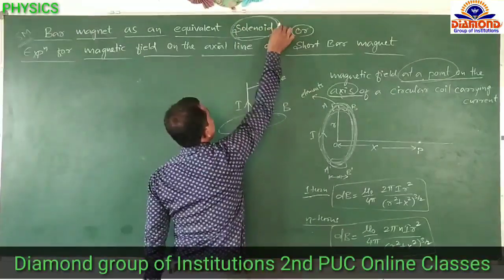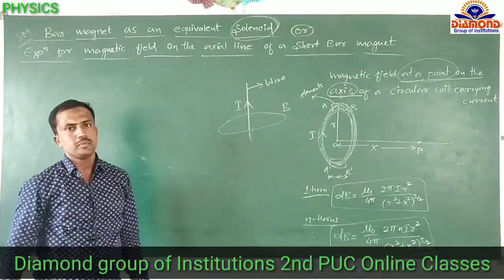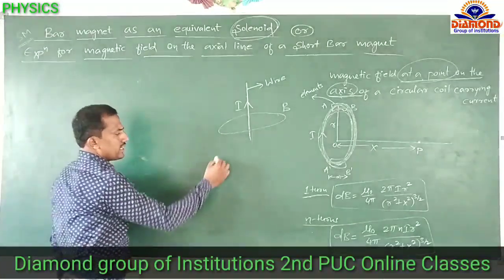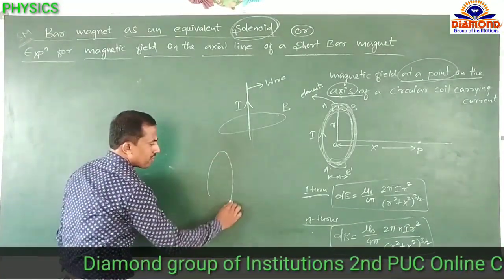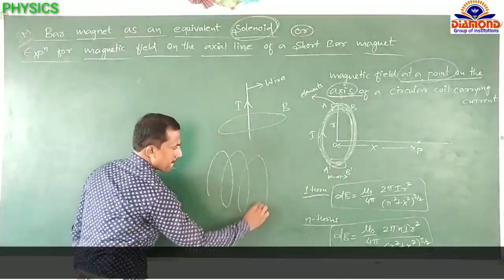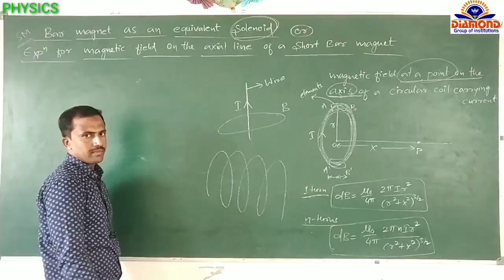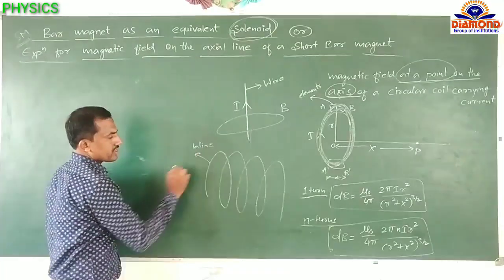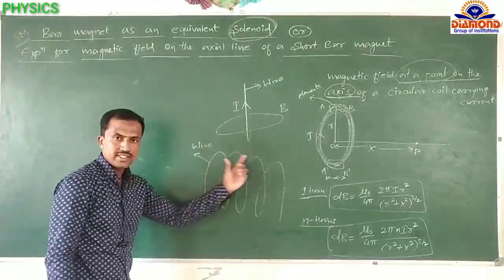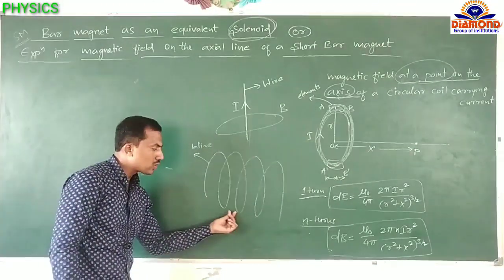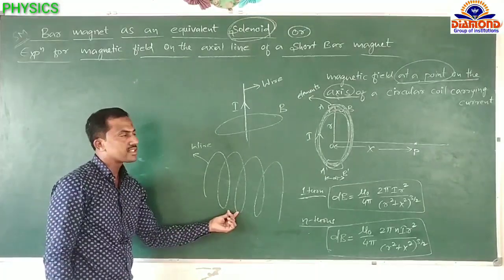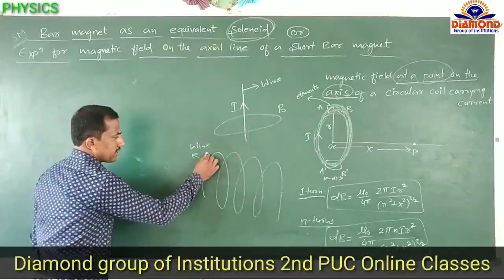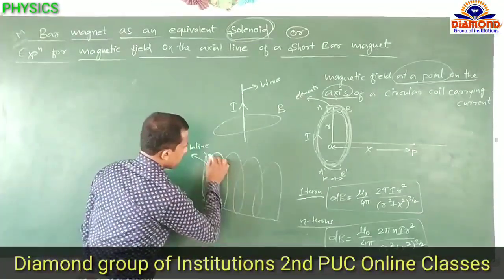Now the question arises, what is a solenoid? We are taking one wire. This wire is bent in the form of a helix. This is the path of the helix. When a wire is bent in the form of a helix and neighboring turns are closely spaced, it is called a solenoid. The wire is bent, and then it is like the form of a box.